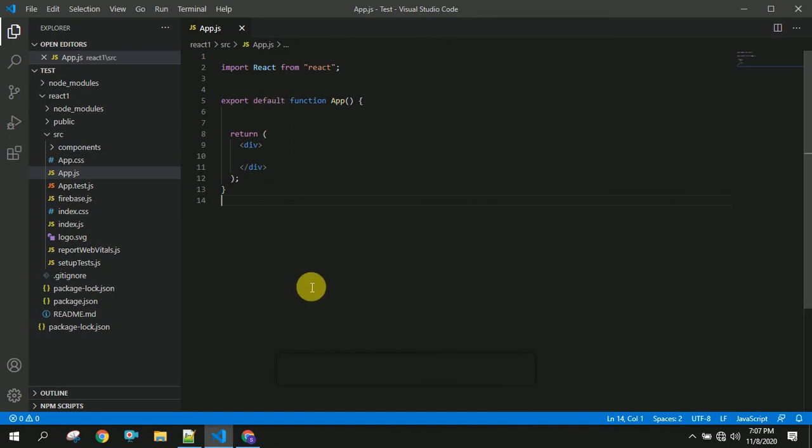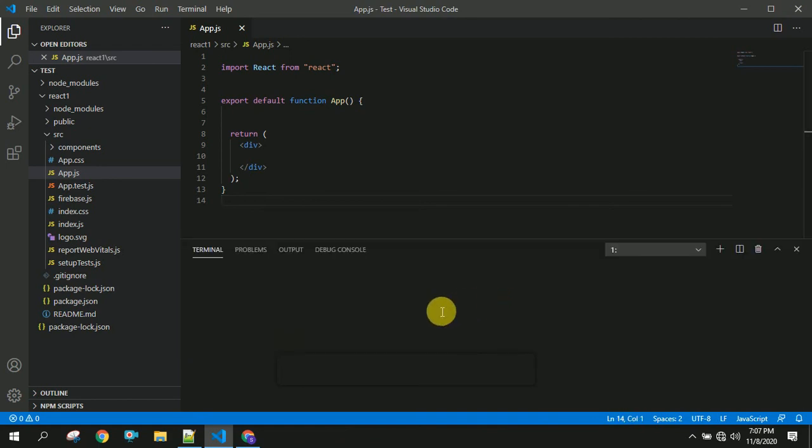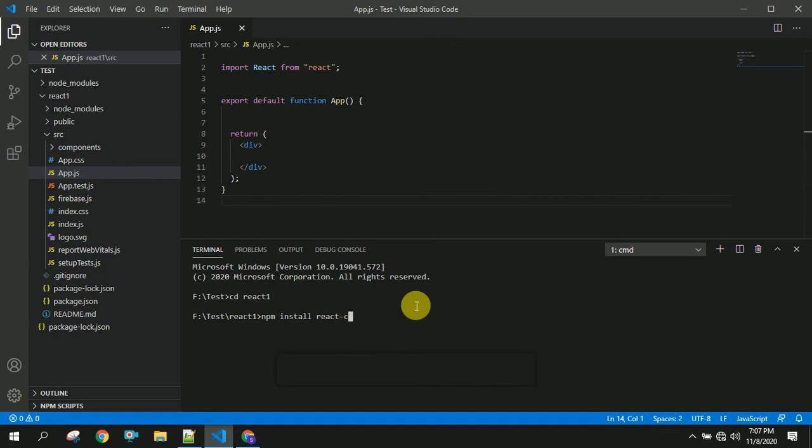We have to install a package called React Credit Cards. So npm install react-credit-cards. Let's wait until it gets installed.